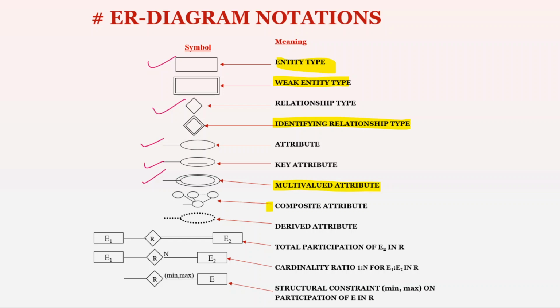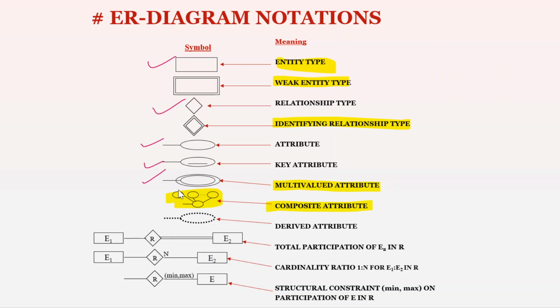Next we have the composite attribute. A composite attribute is a combination of attributes. For example, in the last lecture we discussed address. Address comprises street number, city, house number, etc. So multiple attributes are combined, representing a single attribute. We call it a composite attribute. Composite attributes are represented like this, with the help of multiple attributes. For example, color options for a car, or mobile number of an employee or a student.